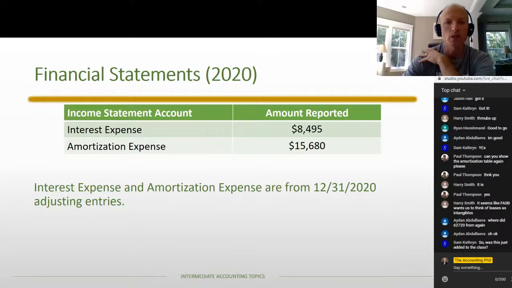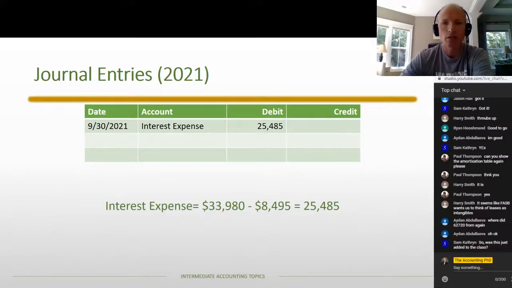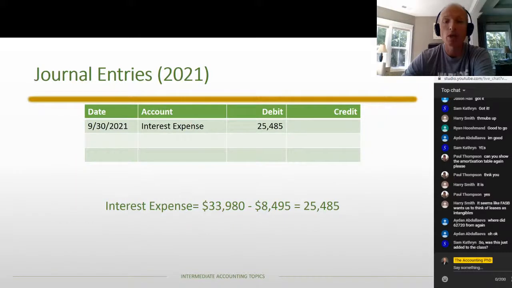And of course, there are 2 expenses. The amount reported is just the adjusting entry amount from each of these 2 items. That one's fairly easy. 2021 gets a little more complicated. All right, so now let's fast forward to September 30th, 2021, and we need to record the lease payment journal entry. The interest expense is the difference between the full year, which would be $33,980, minus what we had previously accrued, the $8,495, which means there's a remaining interest expense of